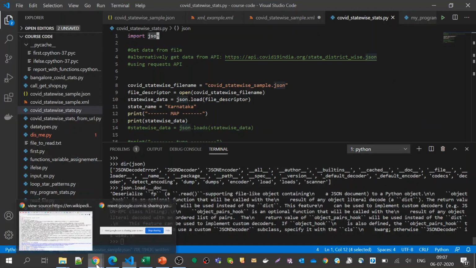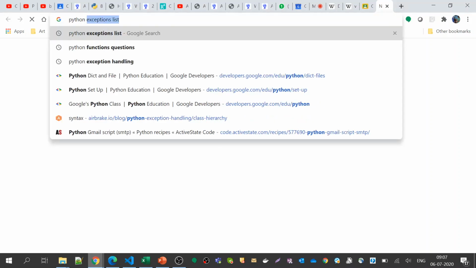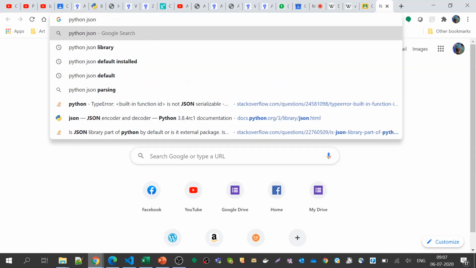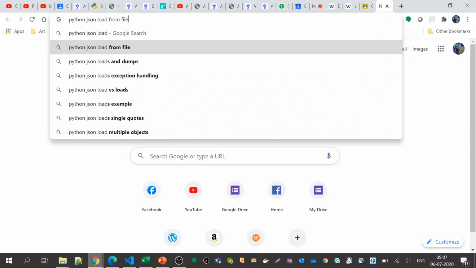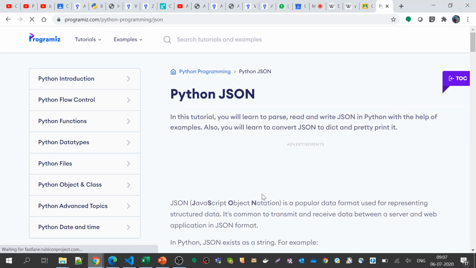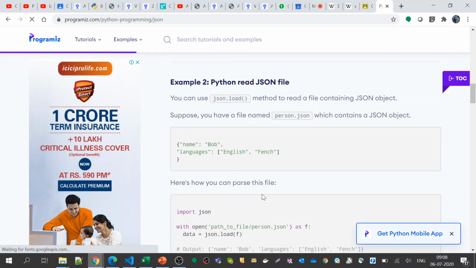What we usually do is search here, giving the keyword Python to set the context for Google, then JSON load from file. There will be a lot of examples, since these are very common. Just read through them.